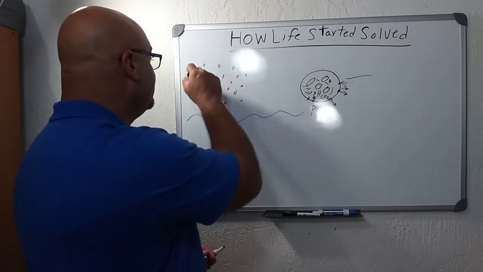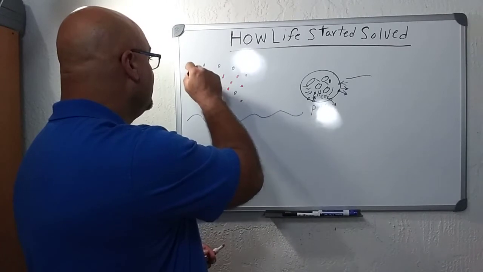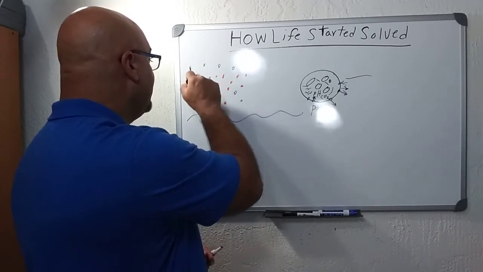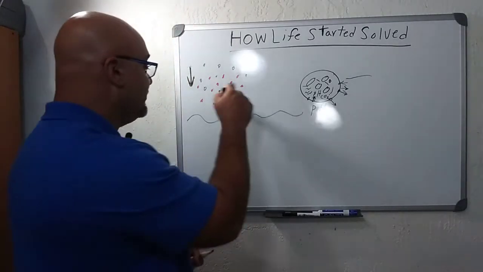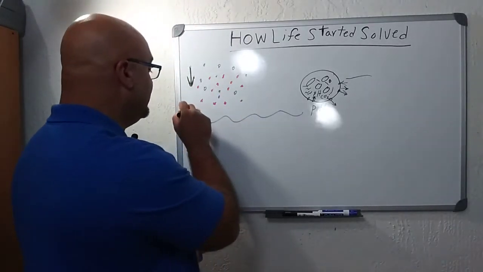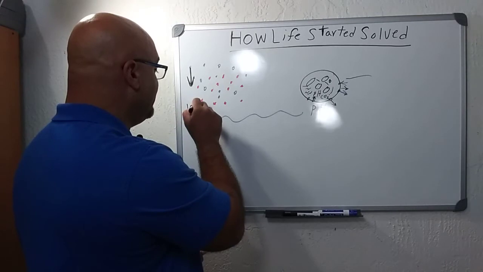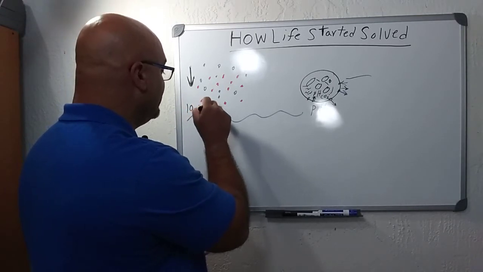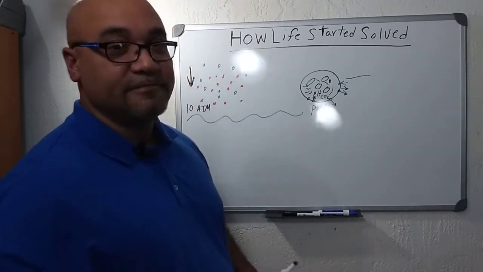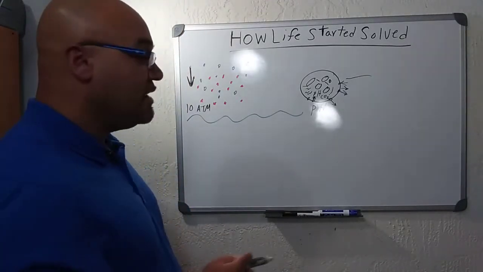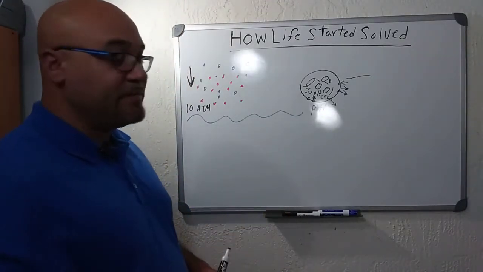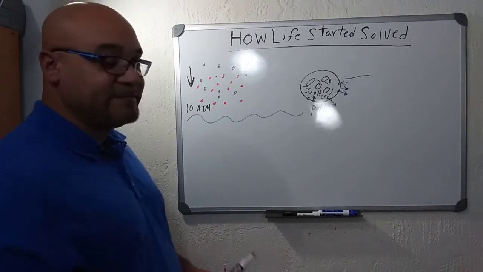Gravity and the content of the atmosphere caused the pressure of the atmosphere on the ocean to be at least 10 atmospheres higher than it is today. Now, according to the research I've done, I have a degree in chemistry, and what I've read in my text